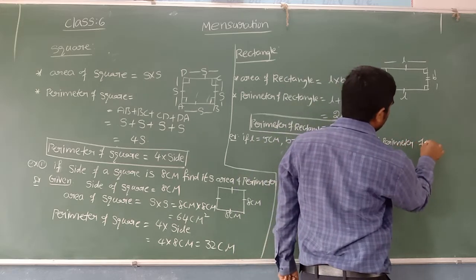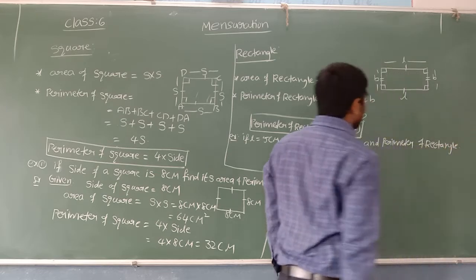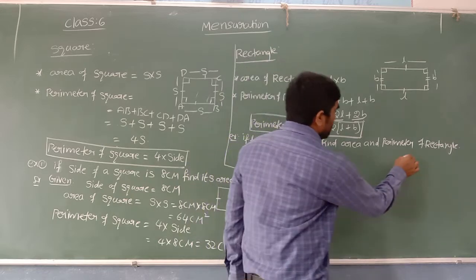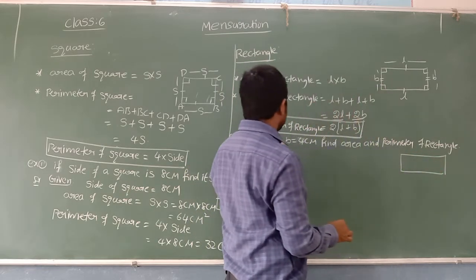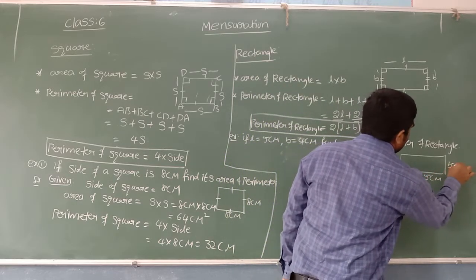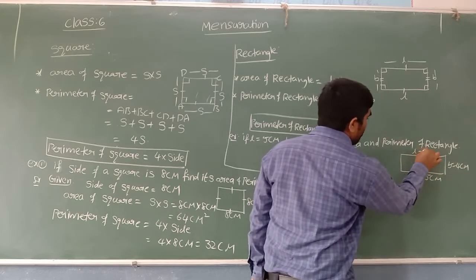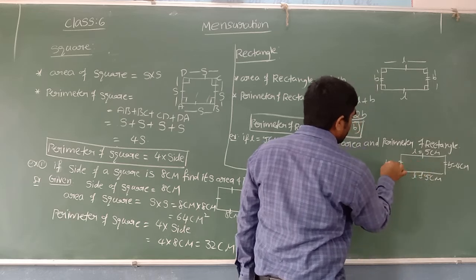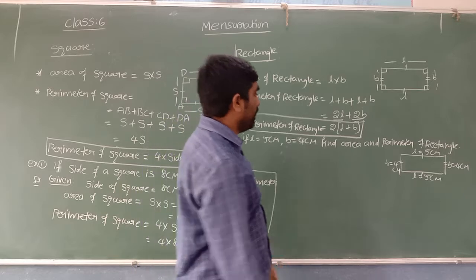Perimeter of rectangle. Here I do an example based on a rectangle. The question is about a rectangle. You can draw the rectangle whose length is 5 centimeters and breadth is 4 centimeters. I said opposite sides are equal. The opposite length is 5 centimeters, and the opposite breadth is how much? It is also 4 centimeters. How can I find the area over here?